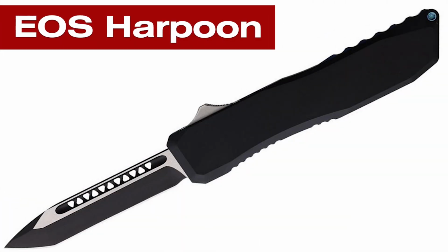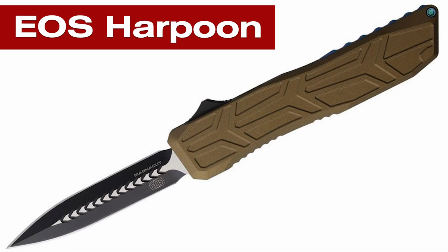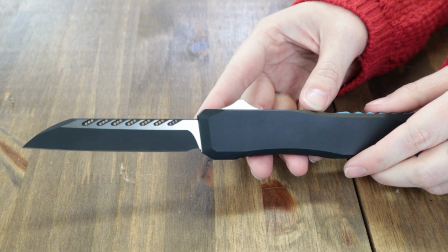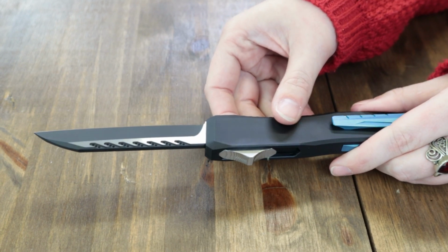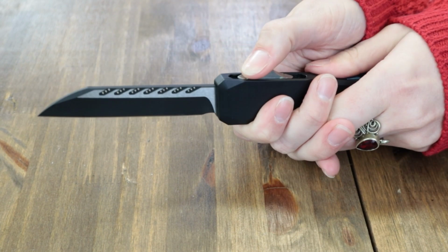So, there are a few different models you could pick from. The blade and its finish is really where they start to differ a lot. This one is the modified reverse Tonto blade, made of CPM 20CV steel. It's got a black DLC coating and stonewash finish. It's 0.16 inches thick with a flat grind and plain edge. The 5.5 inch blade is deployed with a thumb slide and disengaged